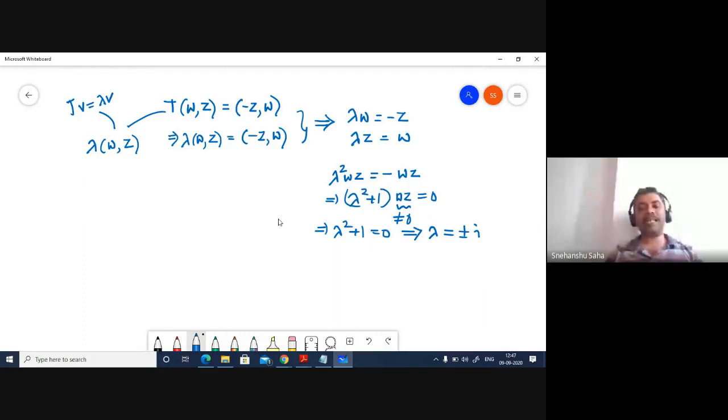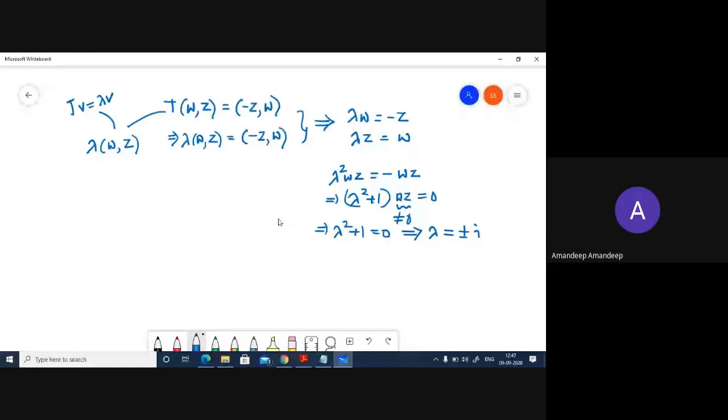When you say that W and Z together form a non-zero vector, how can the product be 0? That's the whole point. Individually it could be 0, but the product cannot be 0. But that does not really apply when you are talking about scalars. Do you know of any scalar case where the product is 0 unless one of the scalars is 0? It doesn't really work. But yes, I get your point that the ordered pair W comma Z is a non-zero vector. Oh, okay, sir. Okay, fine.